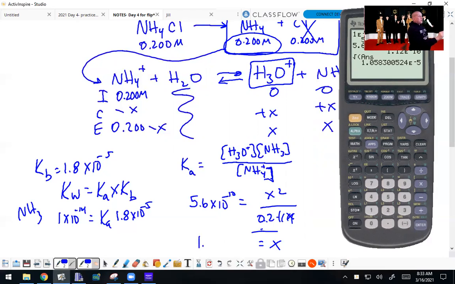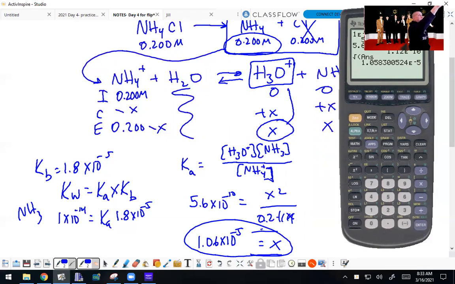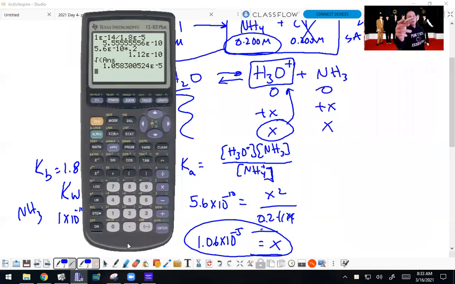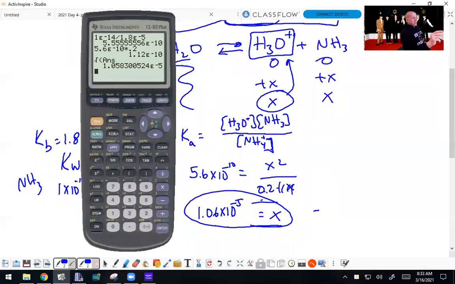And we got 1.06 times 10 to the minus 5. So x equals H3O plus, which now all I have to do is the negative log. So the negative log of 1.06 times 10 to the minus 5 will equal the pH. This is the molarity of the